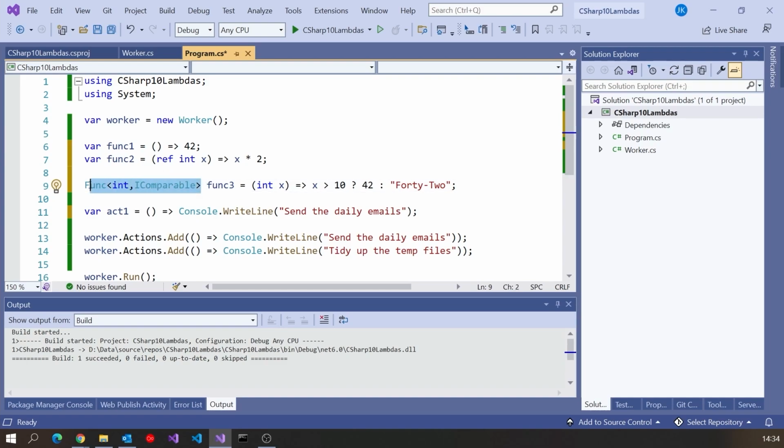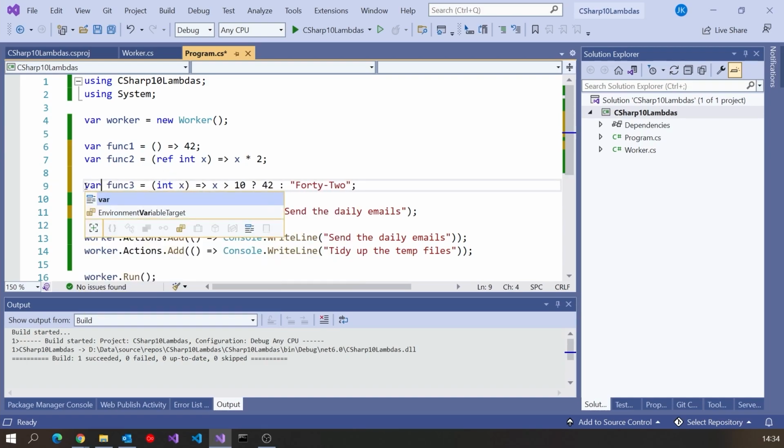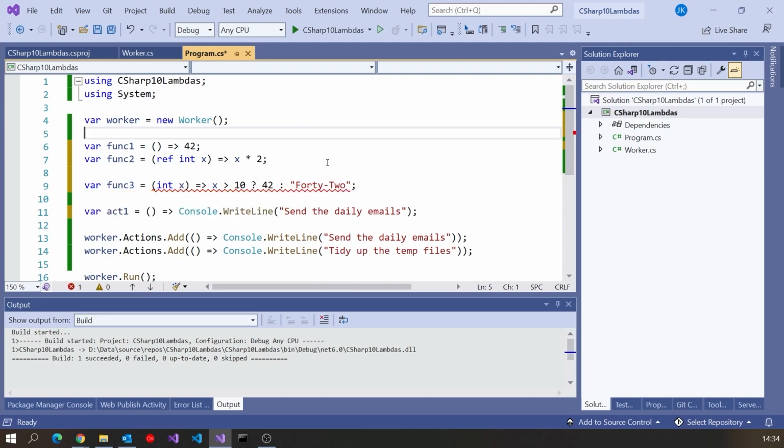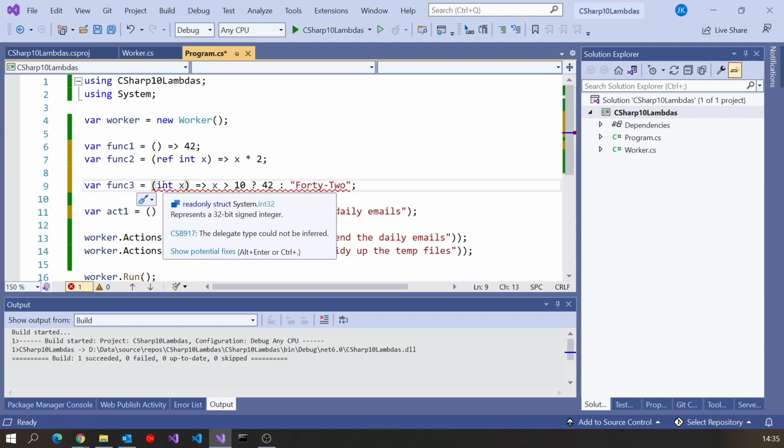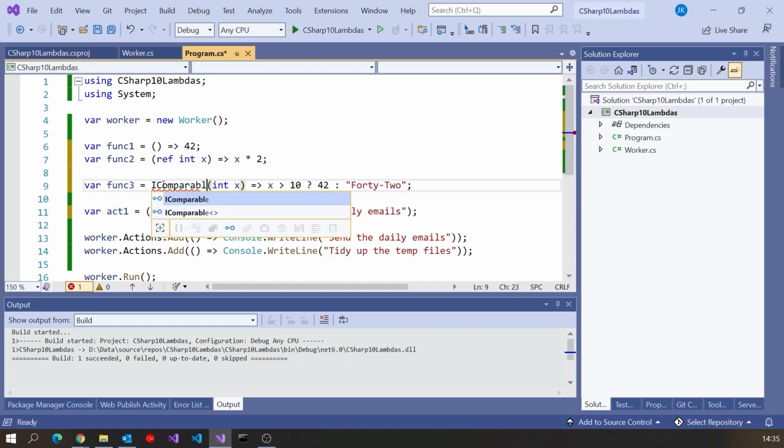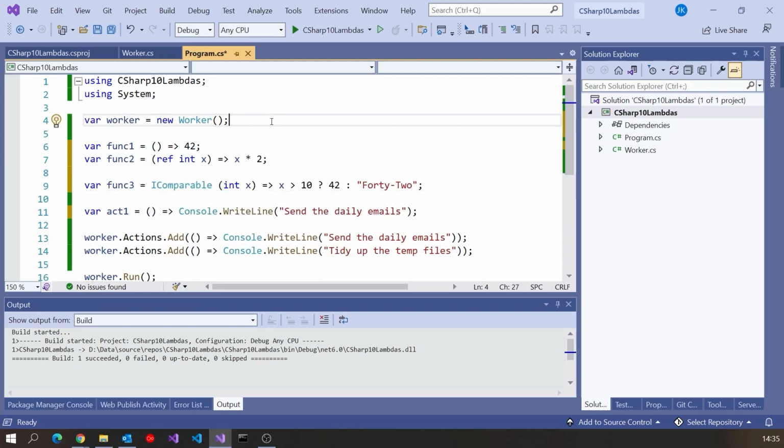But we're trying to infer this, and so in order to do that, we actually need to specify a return type on the lambda expression. And you do that by putting it just here before the open round brackets. Starting to get a little bit weird, but it's logical, I think, in terms of syntax. So that is now a very explicit lambda, not something we normally do. And in fact, we want to avoid this because the real benefit of lambdas is they're really good at inferring